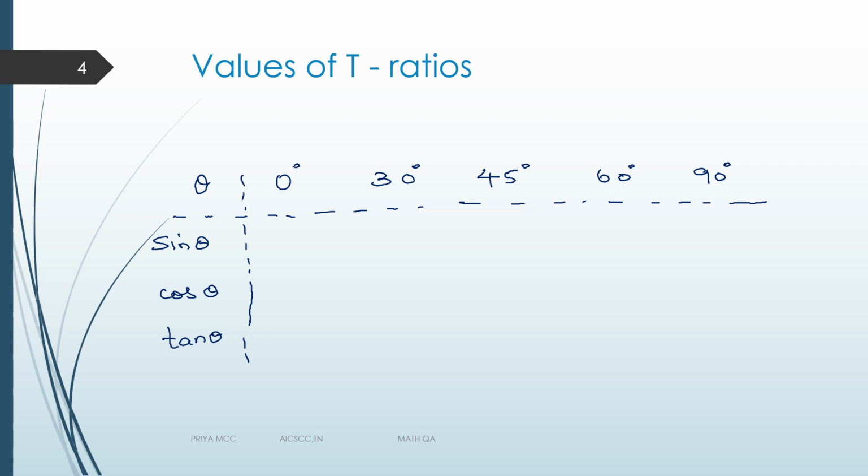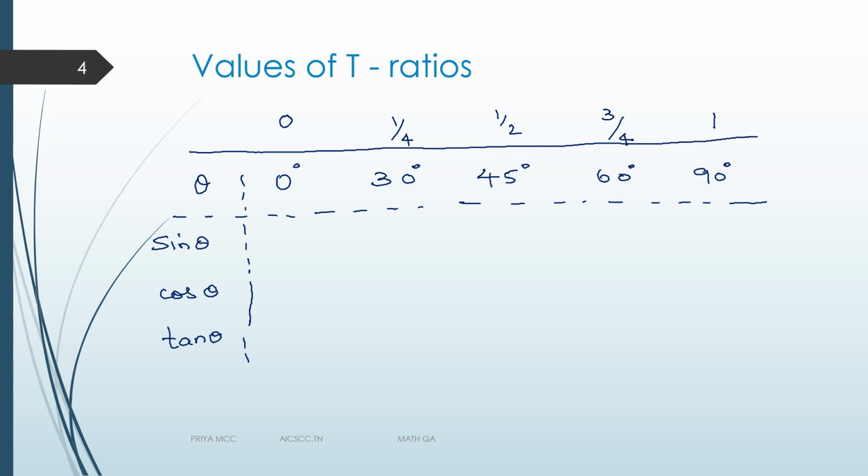Now 0, 1. Then I will put 1 by 4 here, half here, 3 by 4 here. I'm just writing the different values here. Don't worry about any formula. I'm starting with 0, then 1 by 4, 1 by 2, 3 by 4 and 1. Now, this has got no connection to the values. I'm just writing some values here.